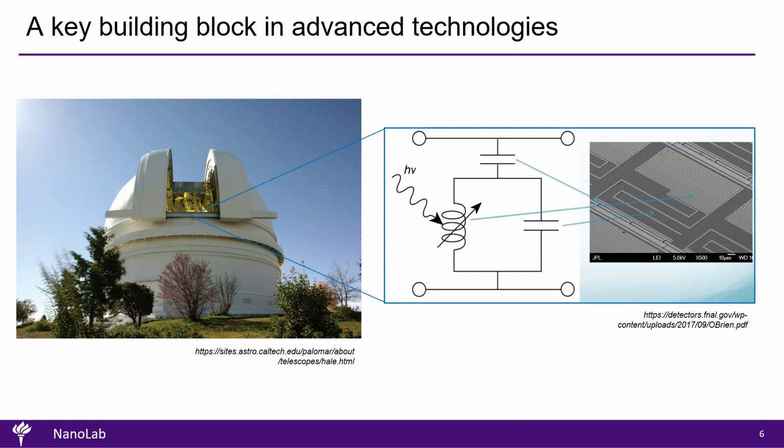Another powerful application of superconducting resonators lies in kinetic inductance detectors, widely used in astronomy, cosmology, and particle physics. These detectors exploit the fact that the kinetic inductance of a superconductor changes in response to incoming radiation, such as photons. By tracking variations in resonator parameters that are sensitive to kinetic inductance, it becomes possible to detect radiation with extremely high sensitivity. This makes kinetic inductance detectors uniquely suited to meet the growing demand for lower noise, lower loss, and higher multiplexing, where many resonators can be read out simultaneously.